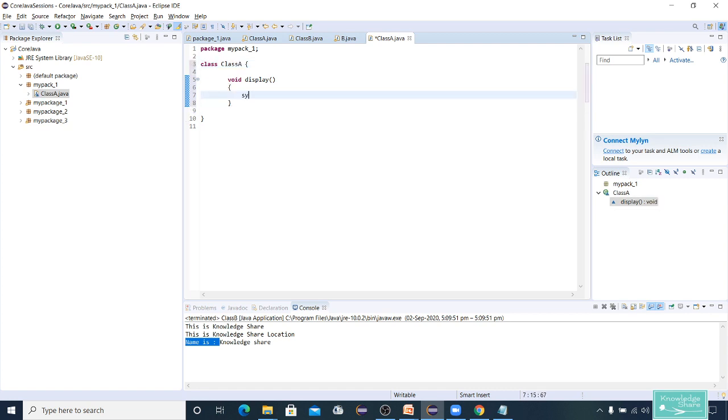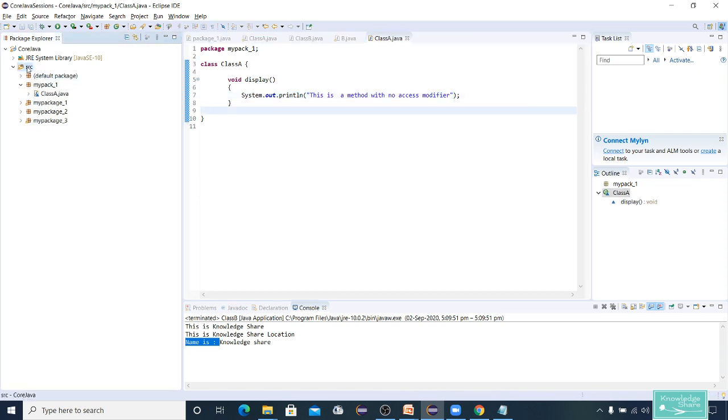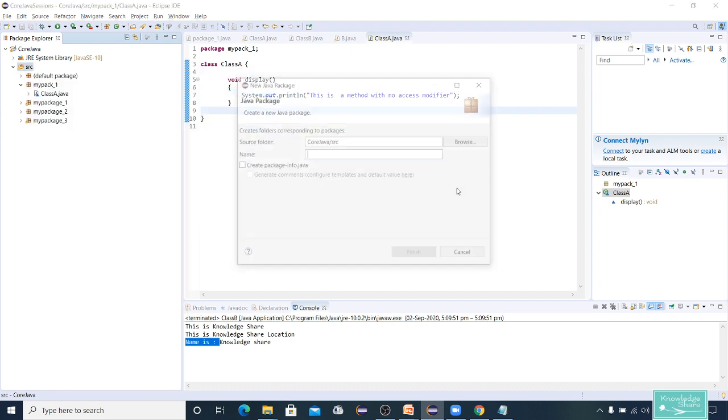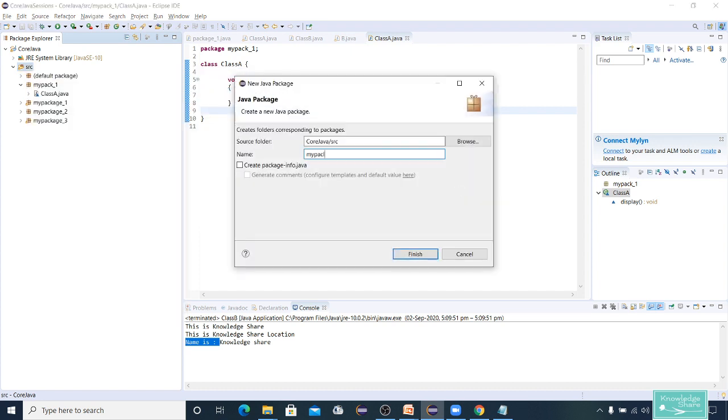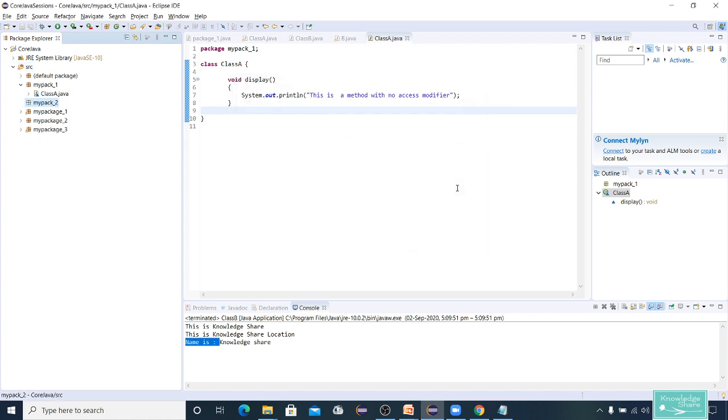Let me print a small text here: this is a method with no access modifier.